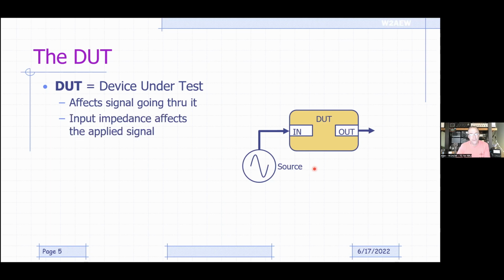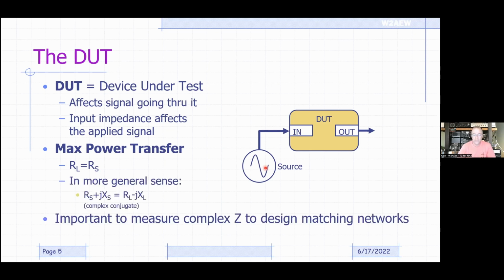Okay, its transmission properties. And the input impedance of that DUT is going to affect the applied signal because you may get some reflection coming off of that. You may have learned from any kind of study of basic electronics that you get maximum power transfer from some kind of a source, whether it's a power supply or an RF transmitter. You get the maximum power transfer when the source impedance matches the load impedance or vice versa. Okay. When we start talking about RF, we have to think about things in complex impedance. So the more general sense is that you get the maximum power transfer when the load and source are complex conjugates of each other. It just means that the resistive portion matches and the reactive portion is of an opposite